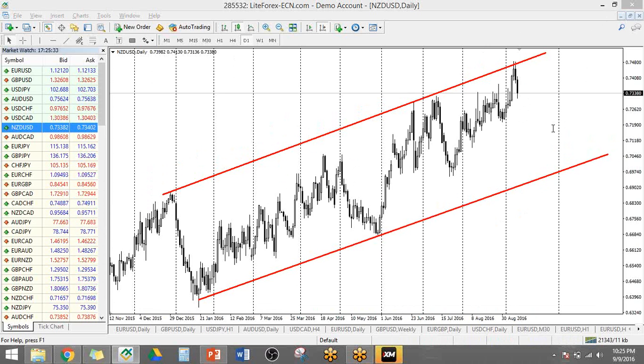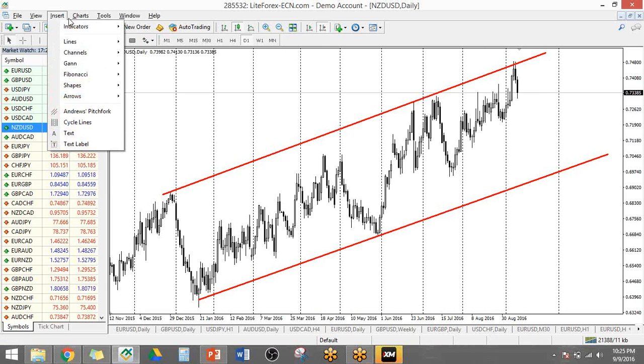We have a question here. You may use MA for the direction of the trend line and channel. Exactly. Okay. Yeah, that's actually a good input right there. You can also use a trend line, you can use an MA.